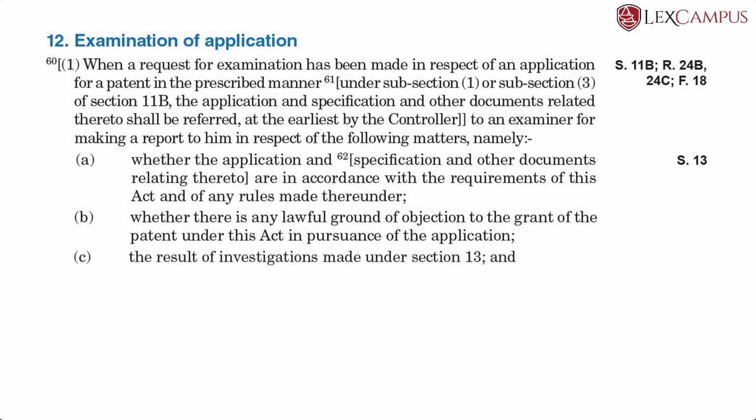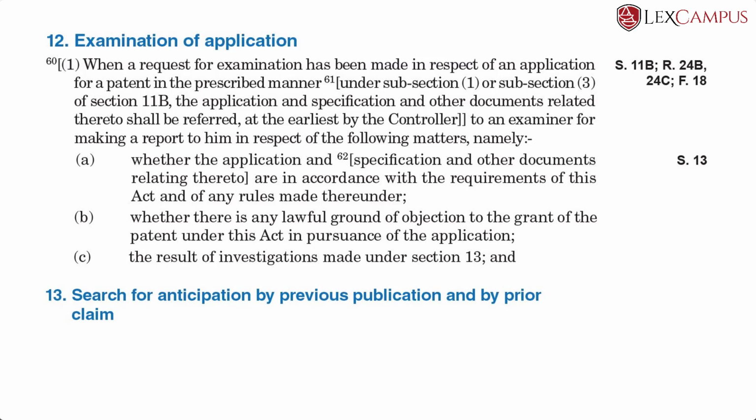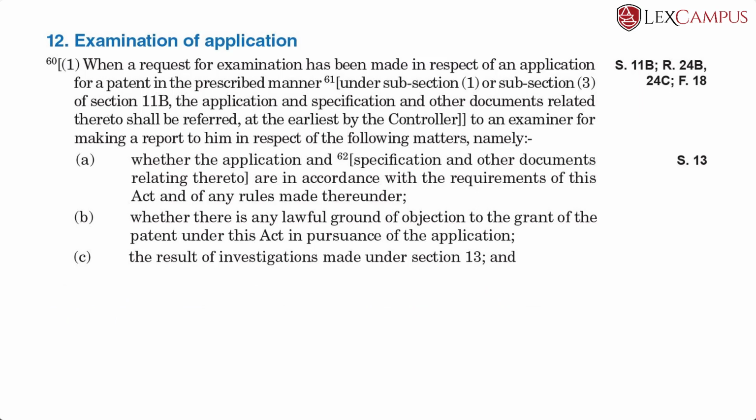C, the results of investigations made under section 13. We will see under section 13 the examiner shall make a report on anticipation. It is largely a novelty report. So, the search for anticipation is done by the examiner and the result of the investigation is communicated to the controller. So, the examiner also gives a report on search on anticipation, and D, any other matter which may be prescribed. So, the examiner has to look into these 4 things and make a report on these 4 things to the controller,